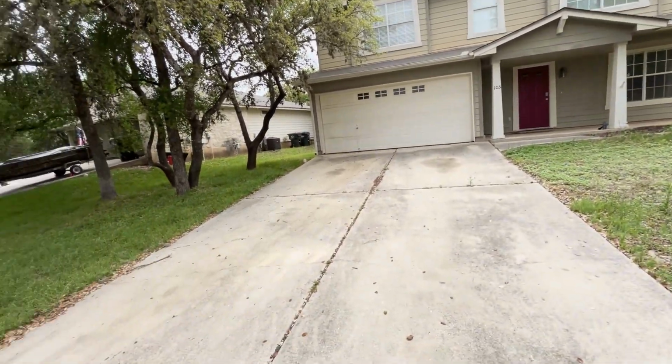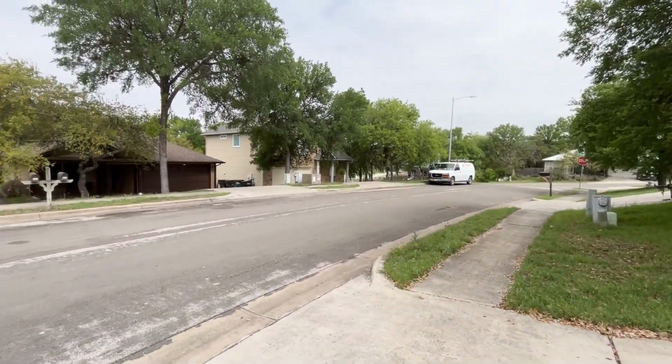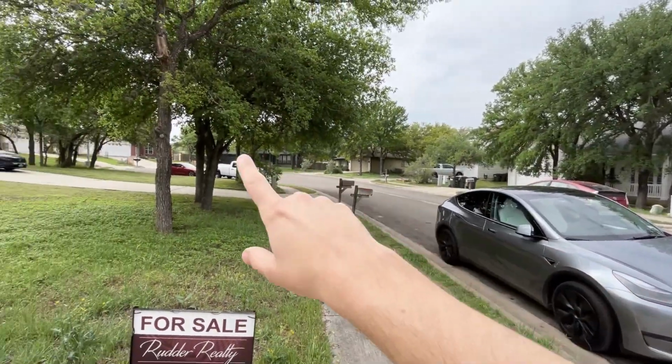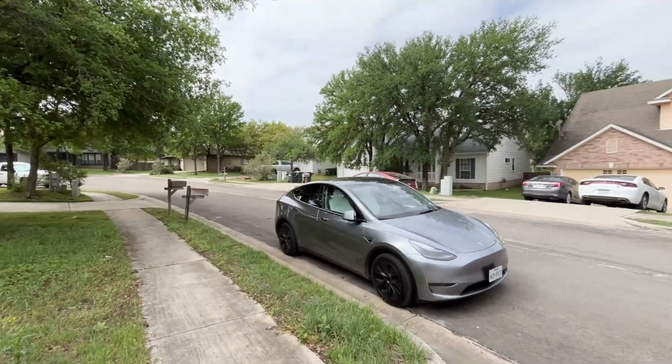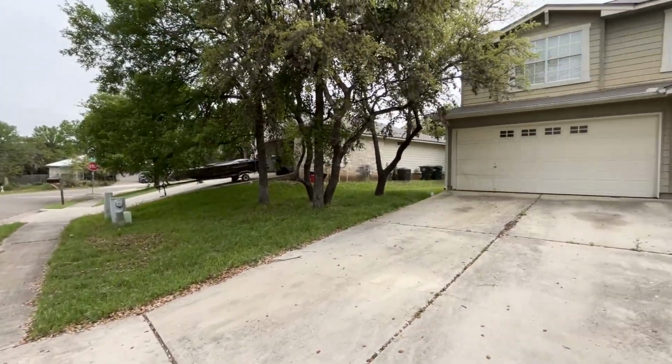We're really close to Franklin Square Park. So you can kind of see where we are in the neighborhood. Franklin Square Park's right down there, just walking distance. And this is actually a cul-de-sac, so the street ends right there. So it's really nice positioning because you're not going to have any through traffic going into it, but let's go